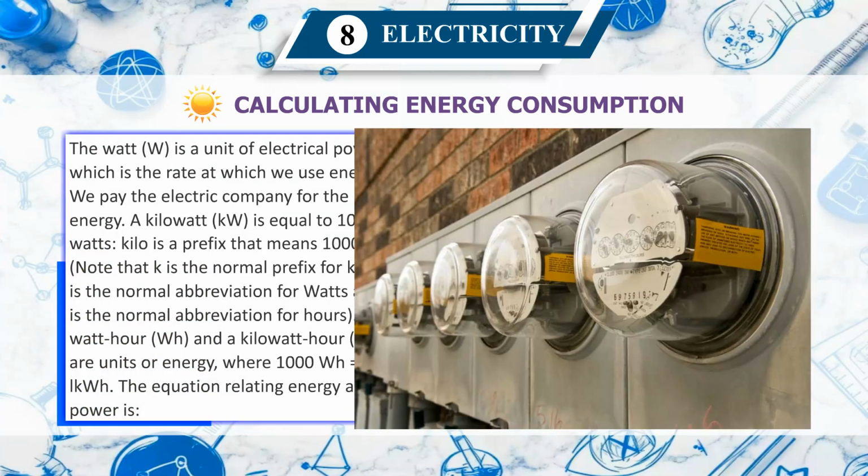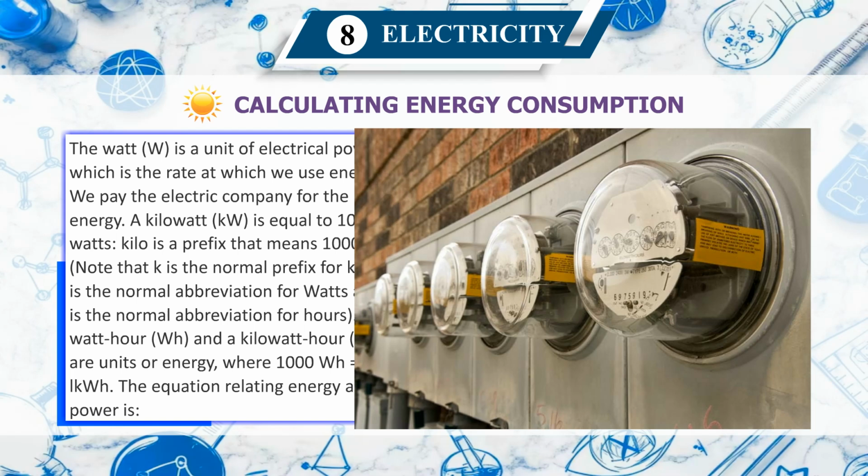The watt (W) is the unit of electrical power, which is the rate at which we use energy. We pay the electric company for the use of energy. A kilowatt (kW) is equal to 1000 watts. Kilo is a prefix that means 1000. Note that kilo is the normal prefix of kilowatt. W is the normal abbreviation for watts and h is the normal abbreviation